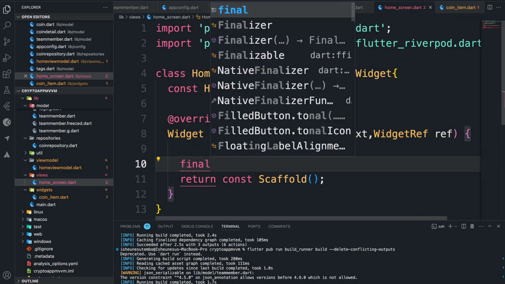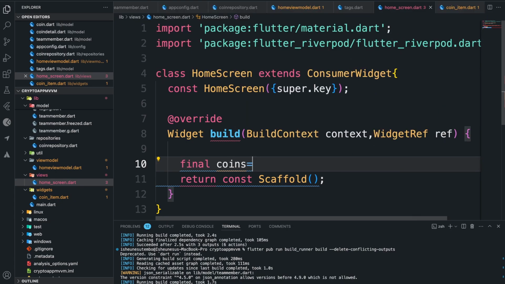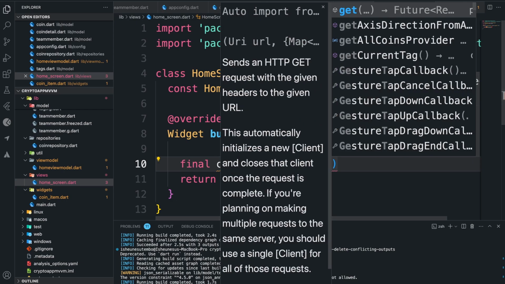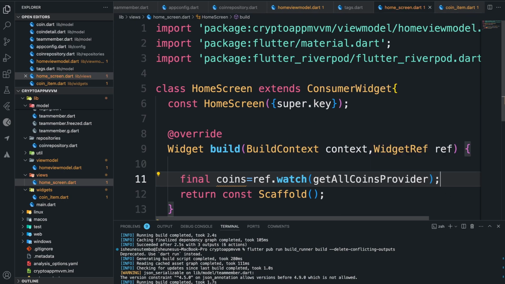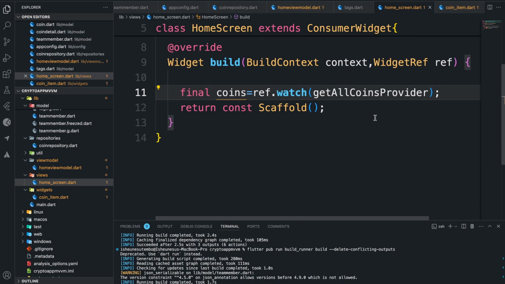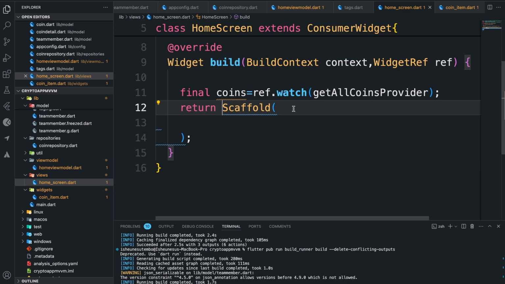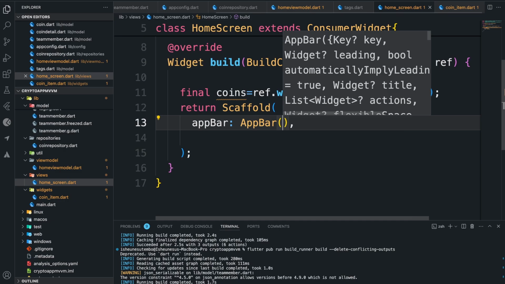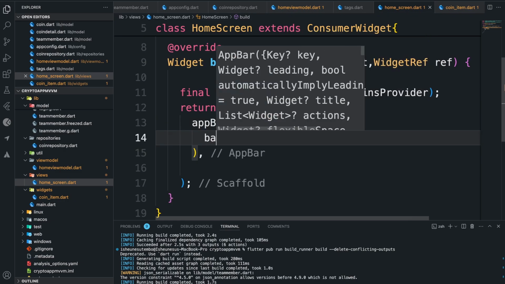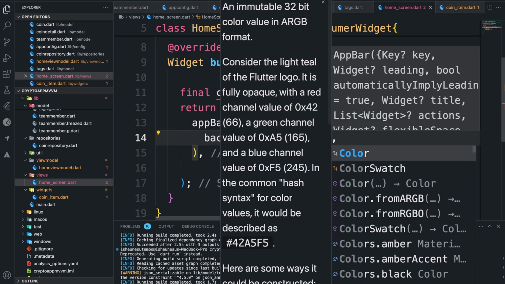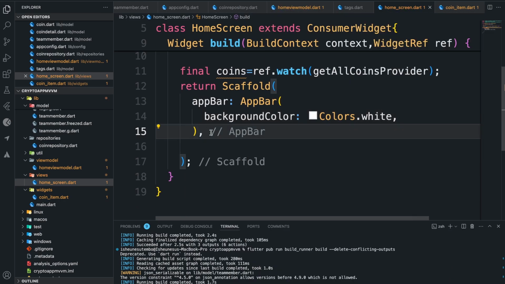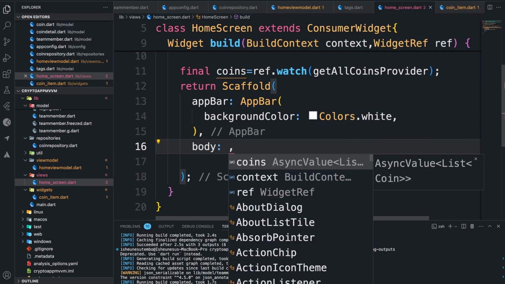So now what we are going to do, we are just going to say final coins is equal to reference.watch get all coins providers, like this. So now that we have all coins, what we are going to do here is return a scaffold, right? And then we need to provide an app bar. So app bar, and then the background color in this case is going to be colors.white. Okay. Now we need the body. So the body is going to be